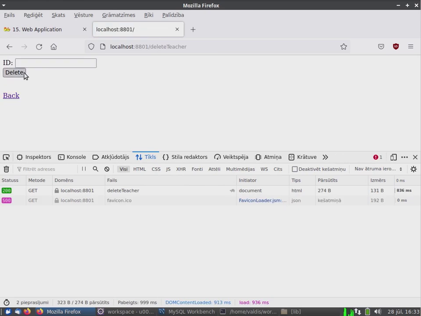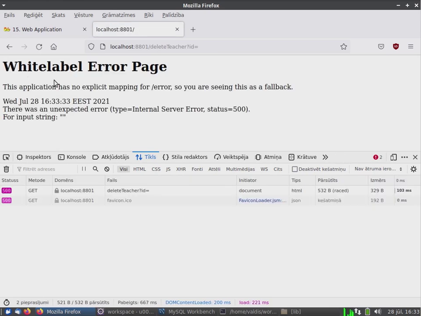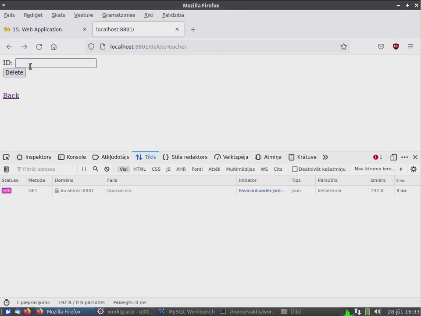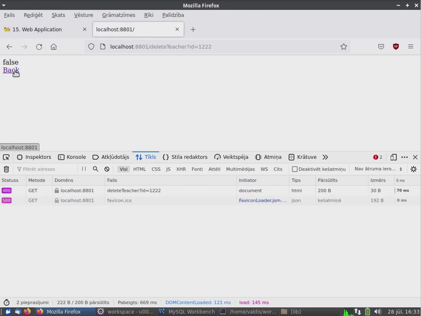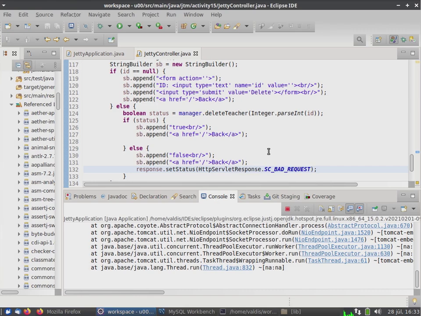So delete teacher. Probably this is not what we expected. But if we write an existent code here, so I think, so here